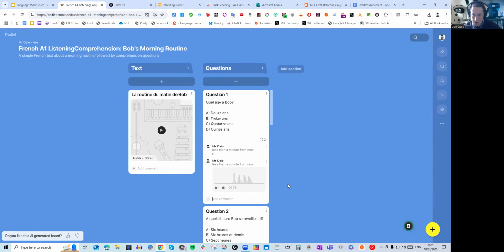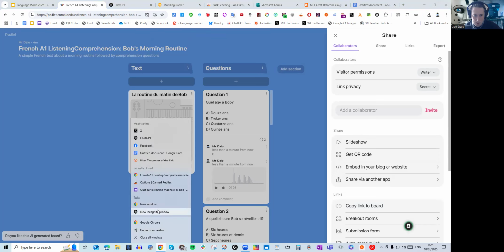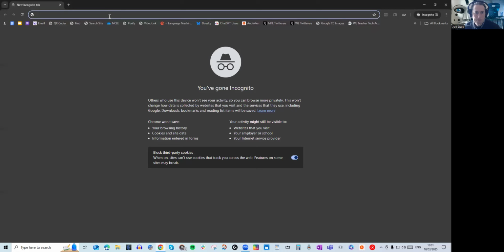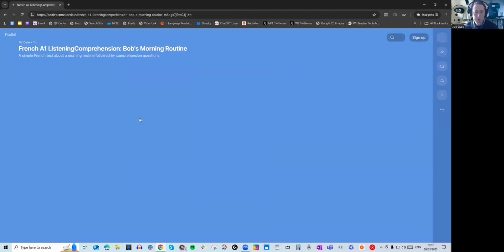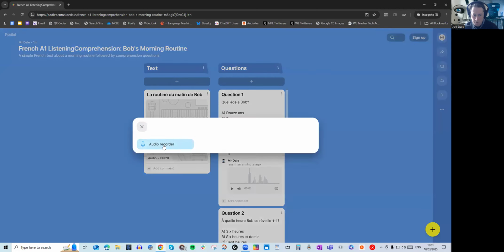But if I wasn't logged in as a teacher, what I could do is the following. I could click here. I could go to copy link to board. I could create a new incognito window, which means I don't need to be logged in. Right click paste and then open up the page. Here we are. Okay, so what I could now do is I could click on the plus icon, audio recorder,